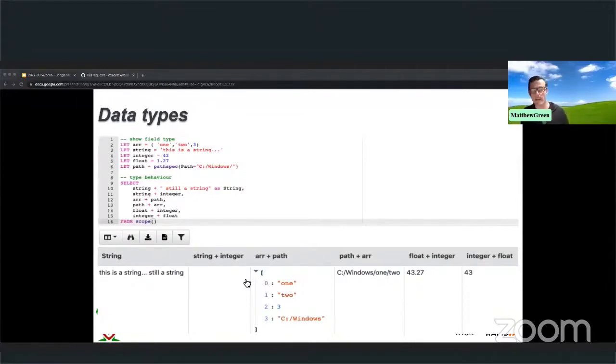The second, a string and an int, is returning no results, which might be unexpected. You can see array and path is working. Path and array, it's leaving out the integer. And then you've got some floating and integer adds there, where the last one could be unexpected. Now these are okay, but